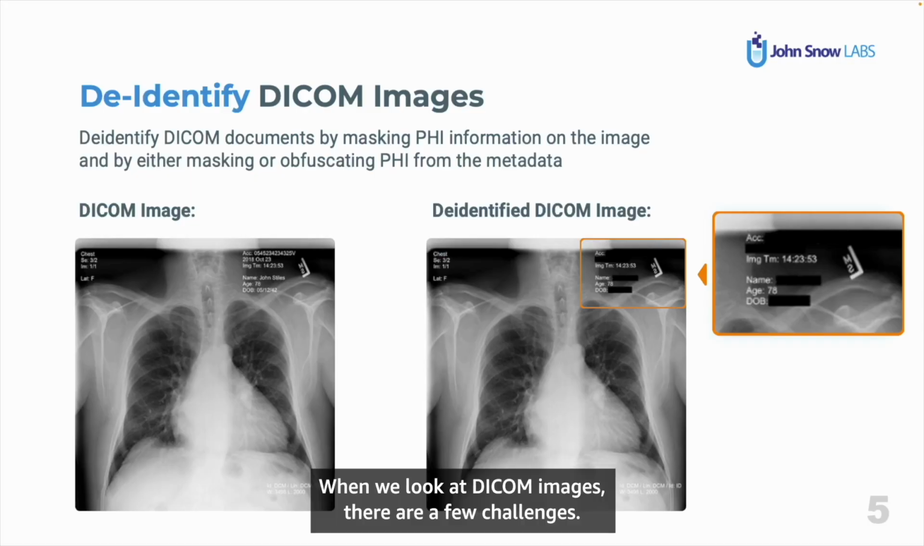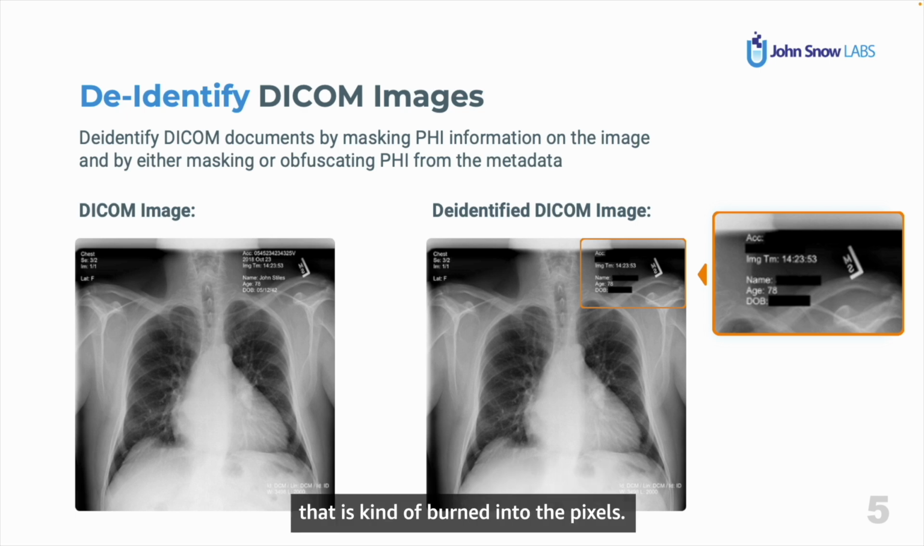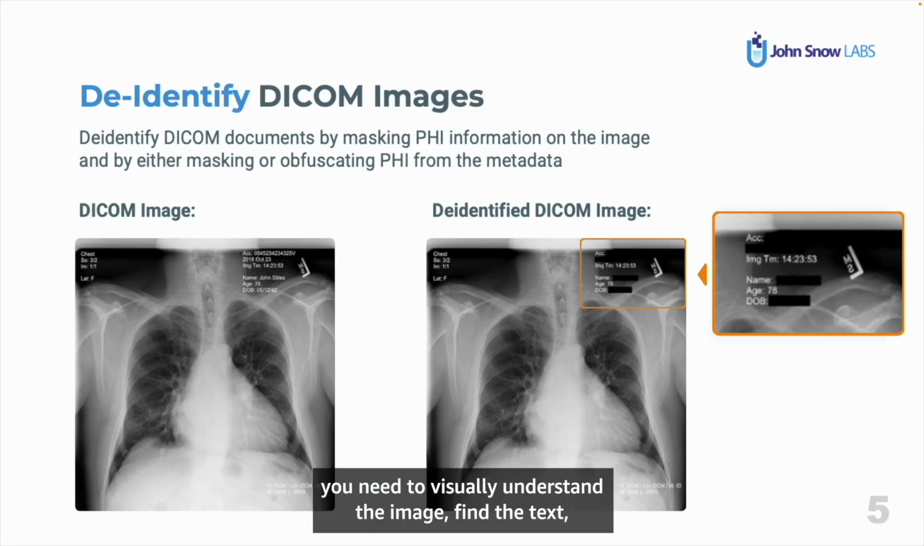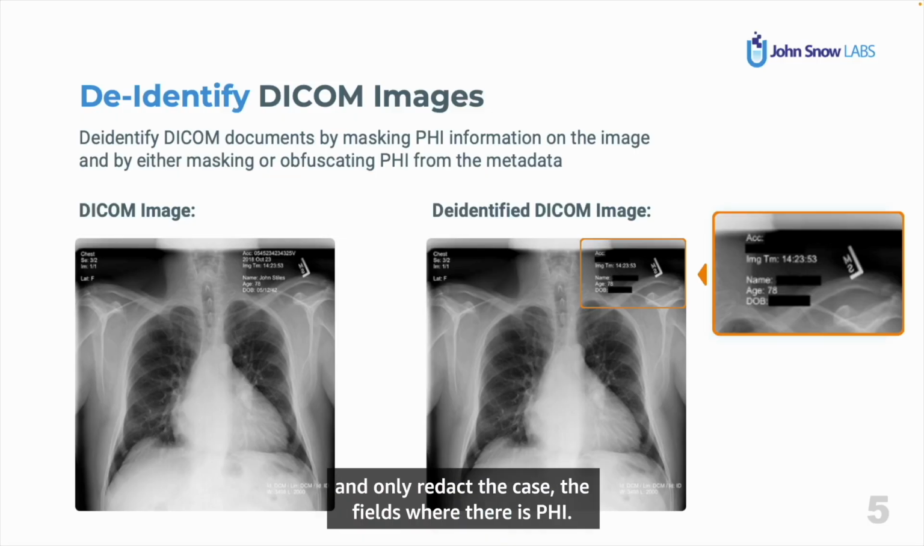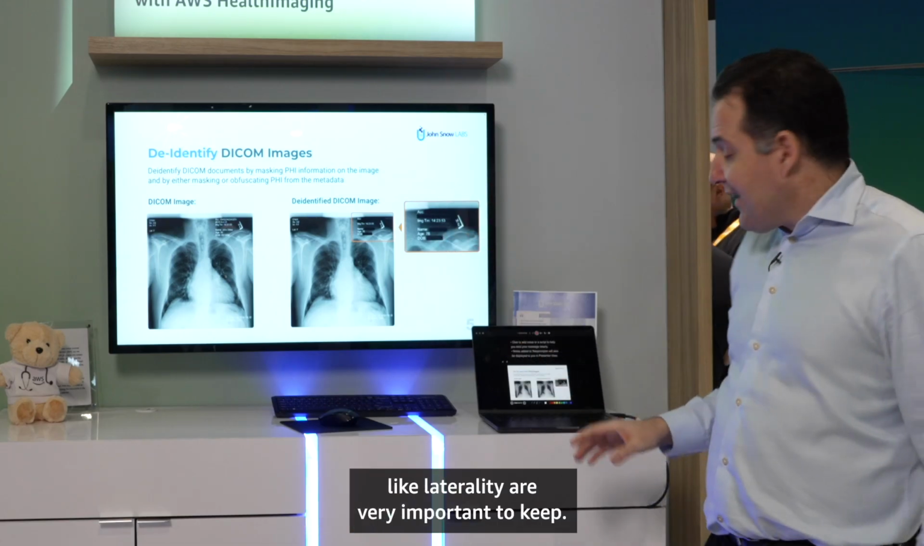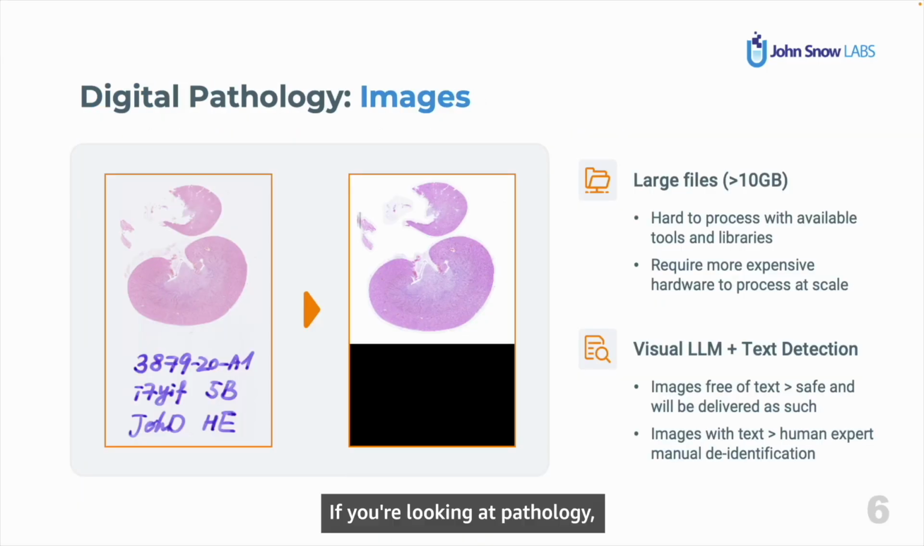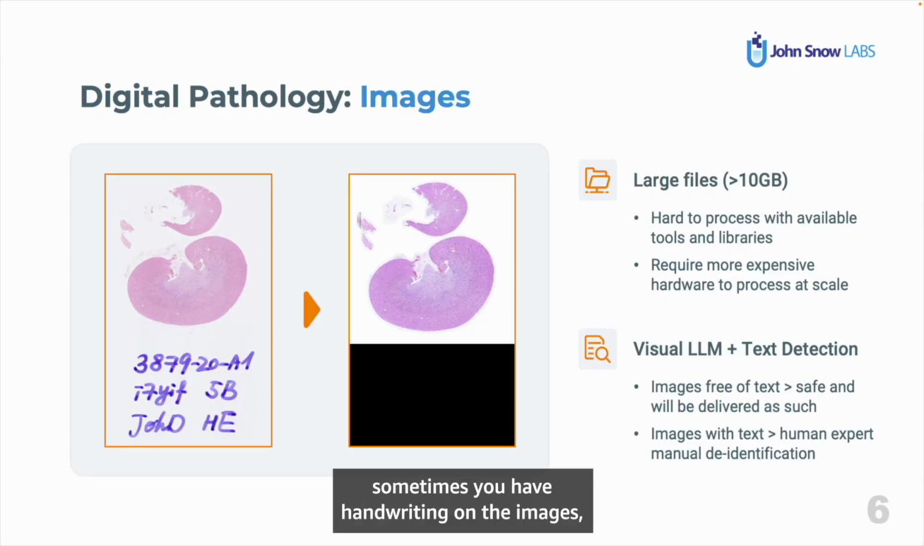When we look at DICOM images, there are a few challenges. First of all, historically, there's going to be PHI that is kind of burned into the pixels. So as you can see, you need to visually understand the image, find the text, and only redact the fields where there is PHI. You cannot redact everything because some things like laterality are very important to keep. If you're looking at pathology, sometimes you have handwriting on the images, which you need to identify,